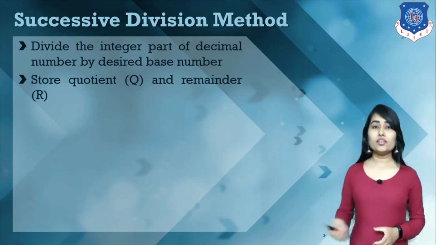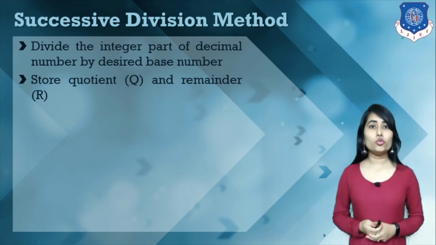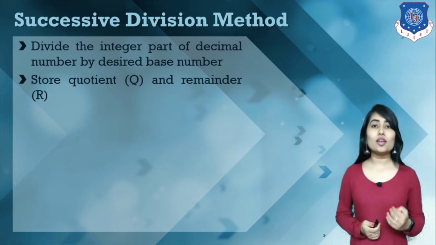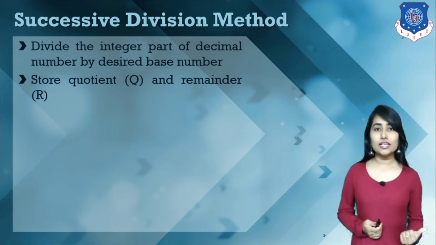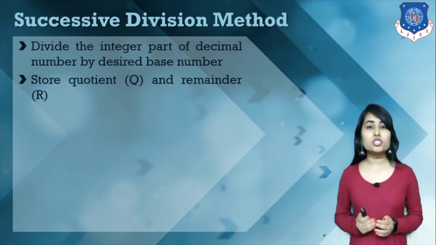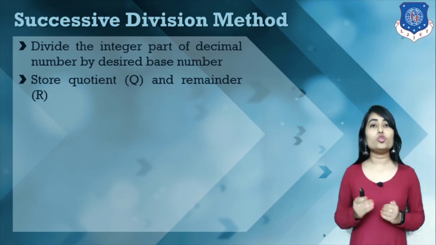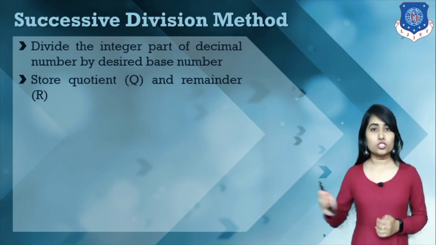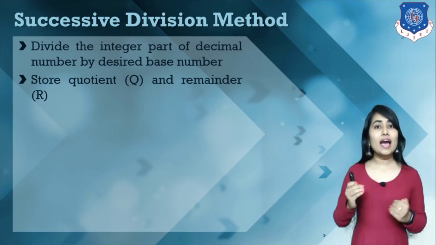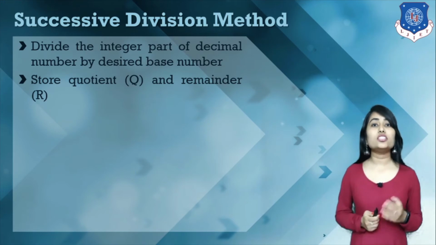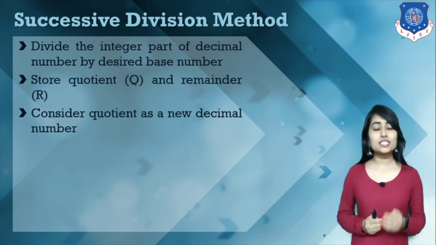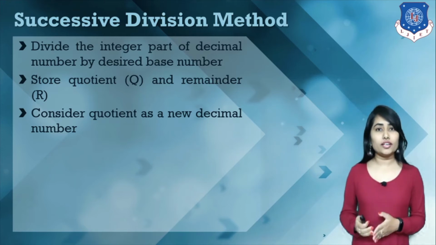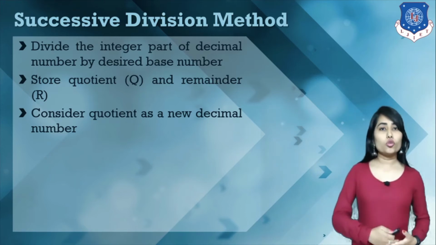Then by dividing, we have two outputs: first a quotient and the other a remainder. This quotient can be used again for division, and the remainder is basically our answer. So we have to store these bits at a different place to write them. This quotient part is again divided until we get a 0 in the quotient part.